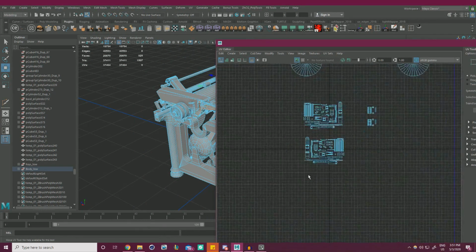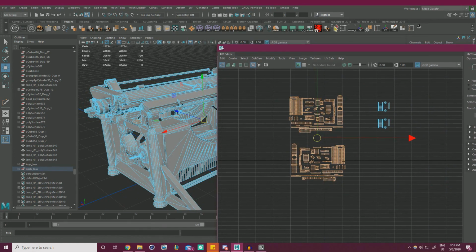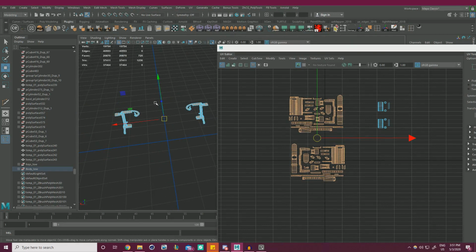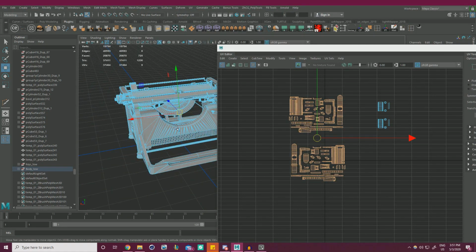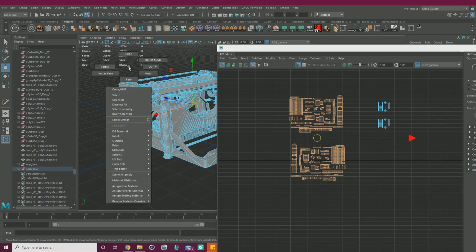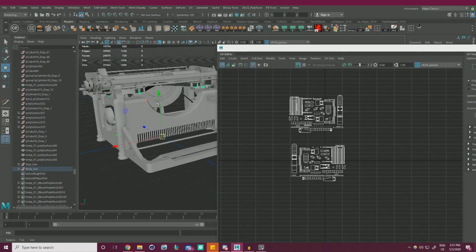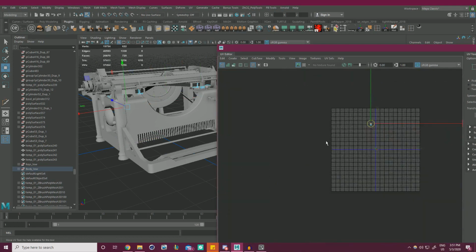Let me try and find an example of something we don't want to do. So here's an example. If I isolate this, we have two of these, and we really don't need them to be separate textures because it's already hard enough to see them as it is. There's really no point. So what I'm going to do is, if I select it, it's still one object. So if I select one, the other is still going to be attached, but I just want to bring one of them down,